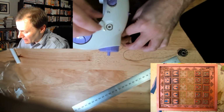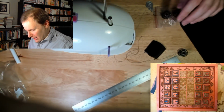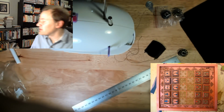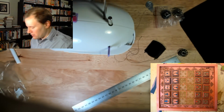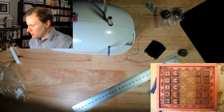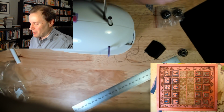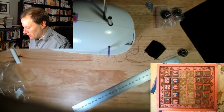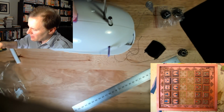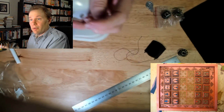But before I do that, I need to wind this with white thread. And I know I had some white thread around here somewhere. There it is. So I might just do this manually, because I need to do that, and then this comes out as I recall. Yeah, I'm just gonna do this manually. So,